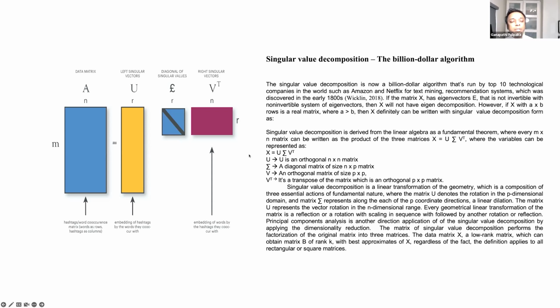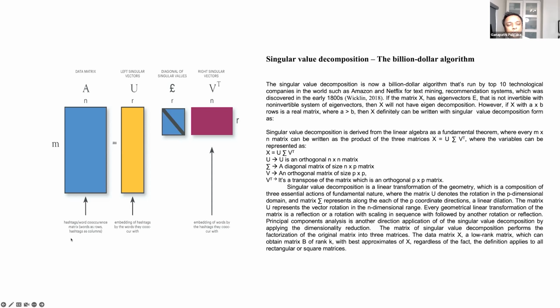So these are the representations. Again, how much you can apply this: the way that industries are applying it today is mainly in natural language processing and text mining. So that's what you can see people applying. Hashtags are word co-occurrences, words as rows, hashtags as columns. So everything works as a matrix here. It's not something you apply like a neural network. It's going to be more like a matrix.